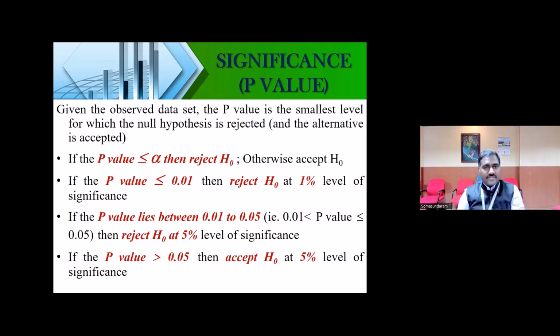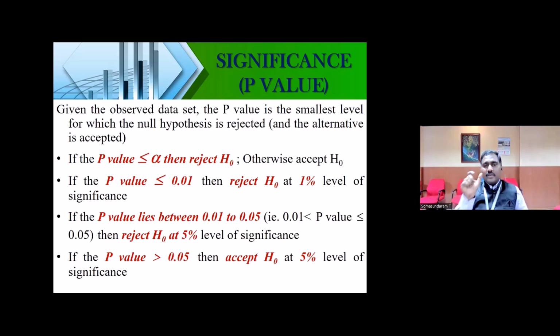For example, in the chi-square test, the observed frequency will be given. For that, you have to find the expected frequency by adding all the observed frequencies and dividing by the total number. With that, you find the difference between the observed and expected frequency and square it, and you get one value, which is called the chi-square value. That chi-square value should be compared with the table value. In the statistical book, there will be a statistical table value for all levels of significance and degrees of freedom.